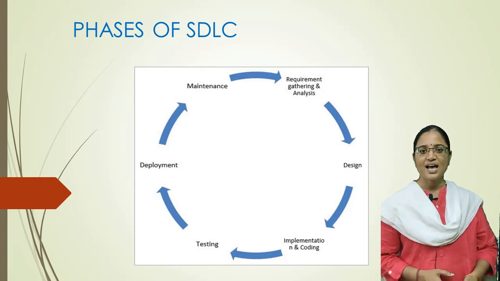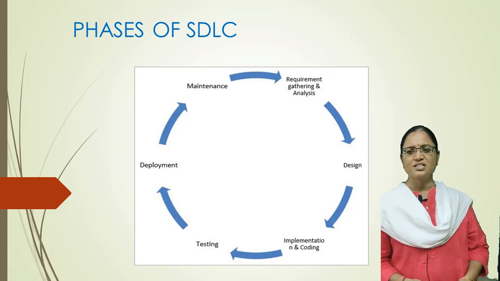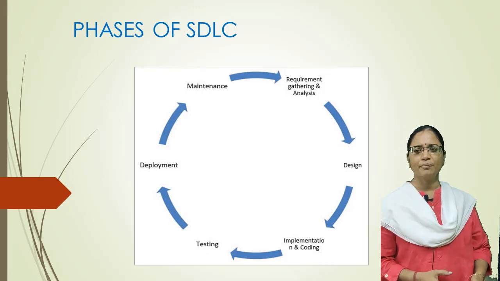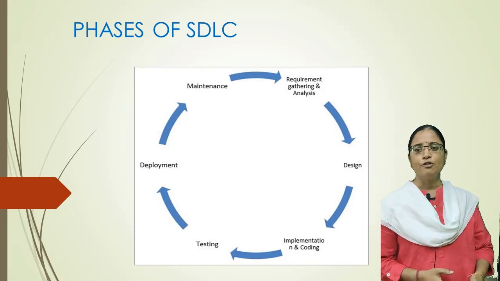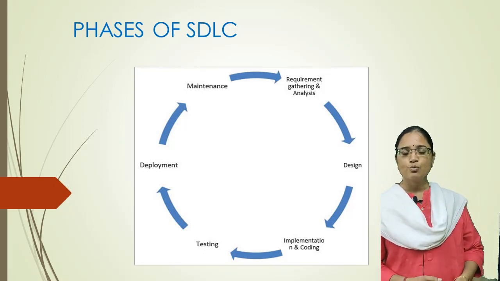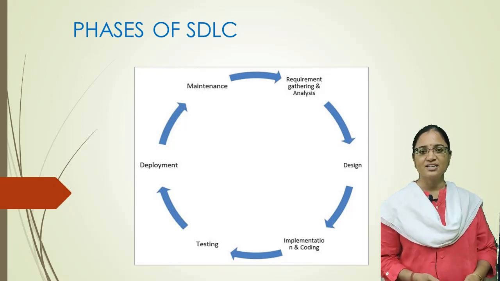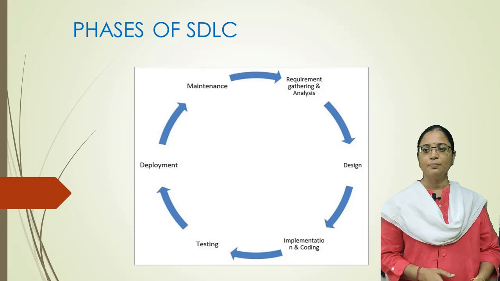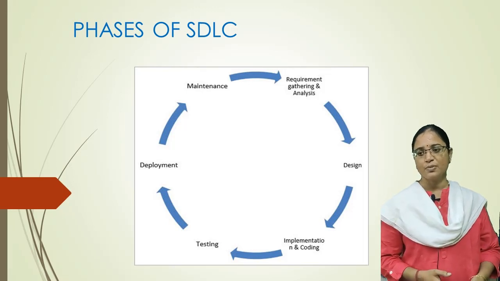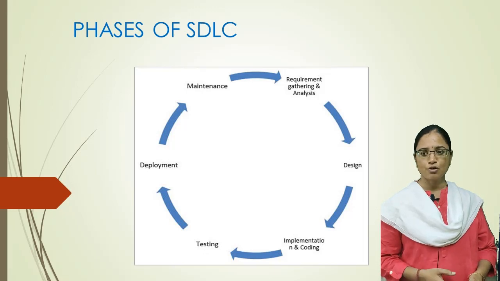And next, coming to the last phase, that is nothing but the maintenance phase. Once the system is deployed and the customer starts using the developed system, the following three activities may occur. So the first one is bug fixing. Bugs are reported because of some scenarios which were not tested at all. So that will be handled in this bug fixing. Then, upgrading the application to newer versions of the software.